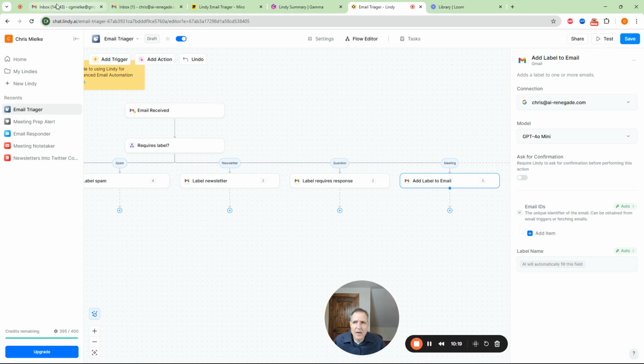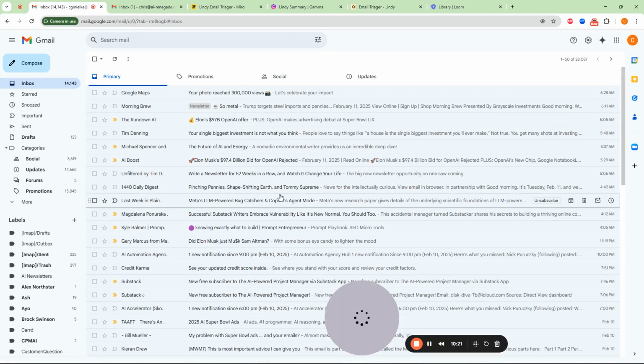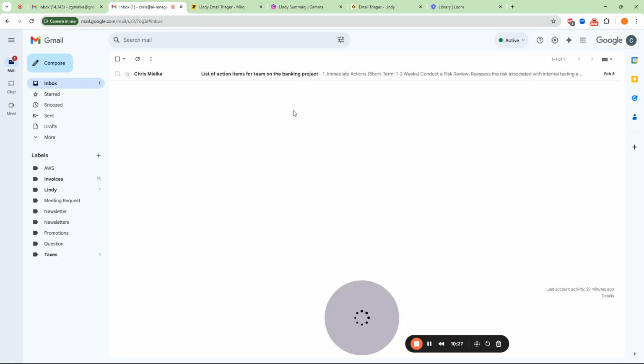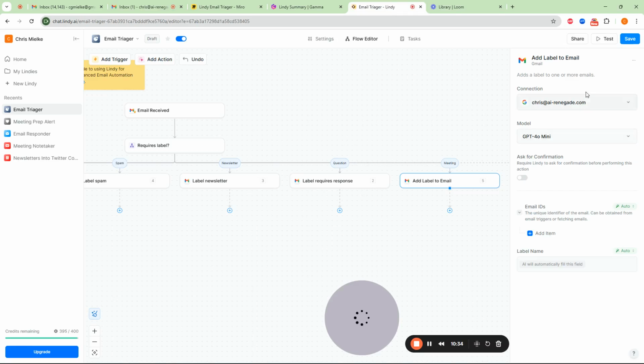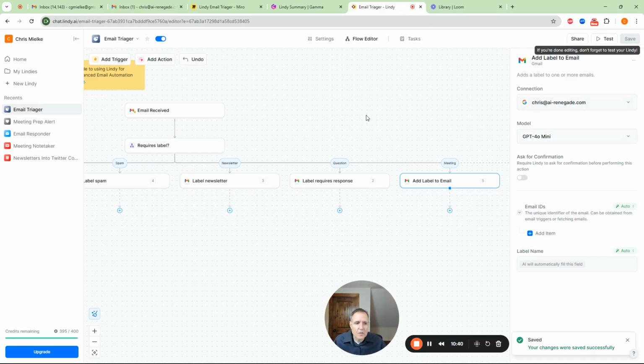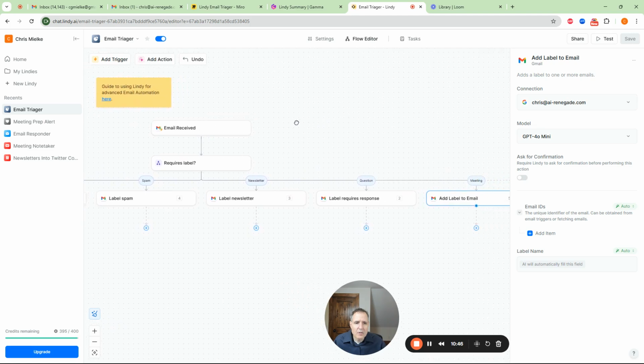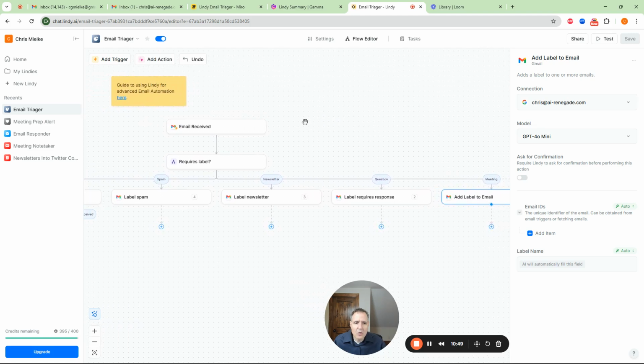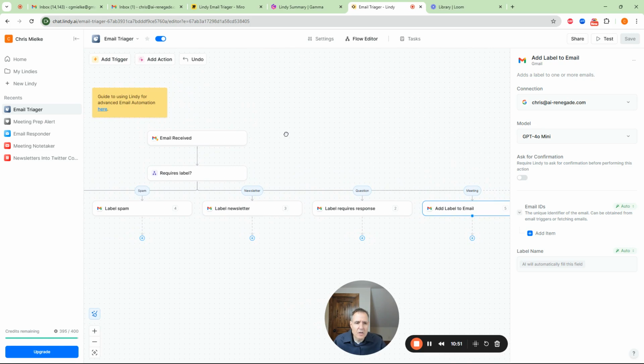You get from an inbox that looks like a mess, like it is here, which is just crazy. This is my personal inbox, and get it down to something that looks really nice, something like this. So what we're going to do now, we're going to go back into Lindy, and we're going to save this. So you can also run tests on this to make sure that things work correctly. But it's a pretty simple flow, so we can go ahead and take a look at this and see how it's going to